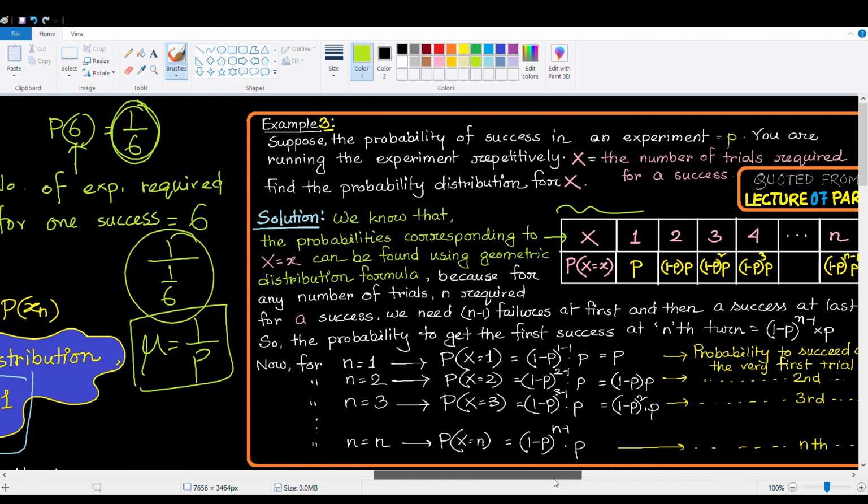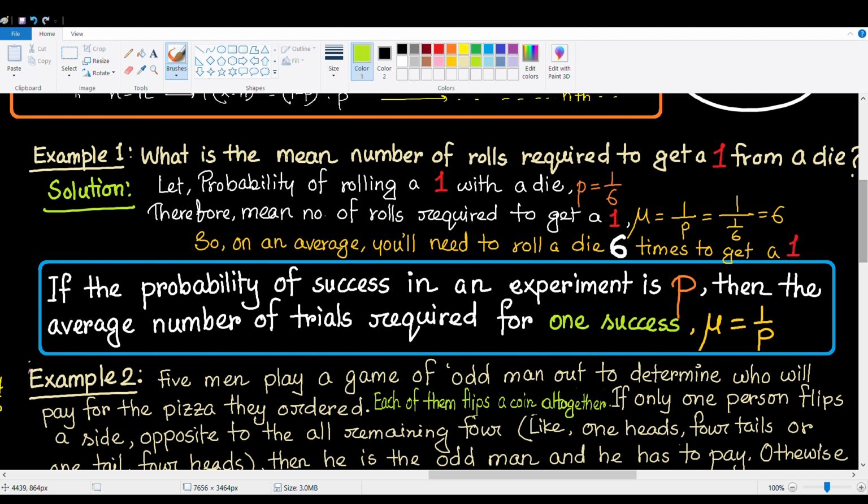Let's see an example. The question states: what is the mean number of rolls required to get a 1 from a die? This is exactly like the problem we just discussed. So what is the mean number of rolls, or the average number of trials, required to get a 1 from a die? Okay, so let the probability of rolling a 1 with a die equal 1 by 6. We are denoting it by p, and p equals 1 by 6. We know that. Therefore, the mean number of rolls required to get a 1, which is denoted by mu here,